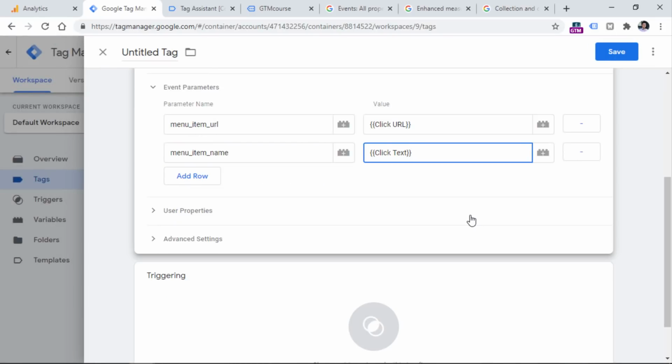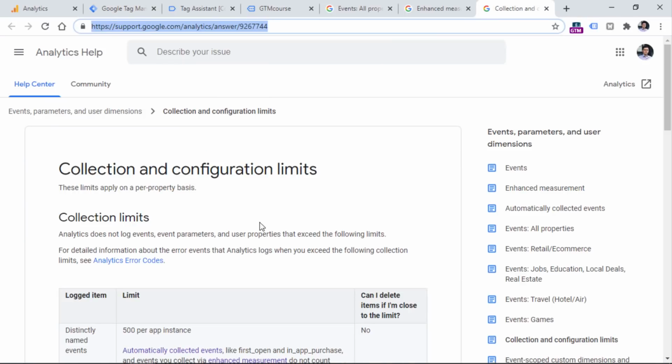If you want to track a custom event and you want to send more than two parameters, that is absolutely fine. You can send 5 or 10 or 20. At the moment of recording this video, it is allowed to pass up to 25 custom parameters with a single event. Maybe in the future that limit will be lifted, I don't know. But right now that is the limit. In fact, you should always refer to a page where you can find the up-to-date list of configuration and collection limits in Google Analytics 4. As always, this link will be available in the description of the video.